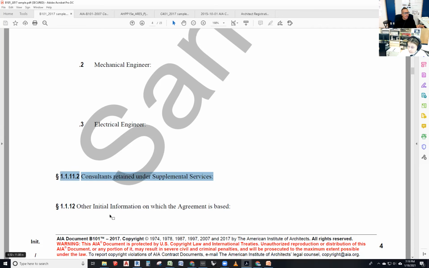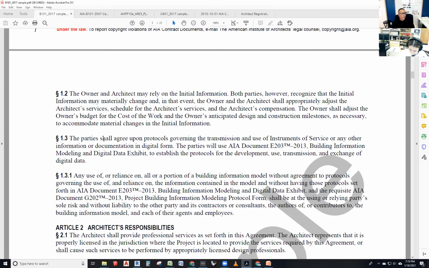And then 1.1.12 says other initial information on which the agreement is based. Anything that's other than the ones that we have already spoken about. And then we go to